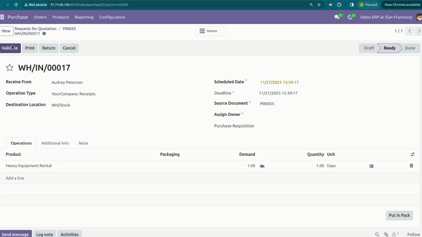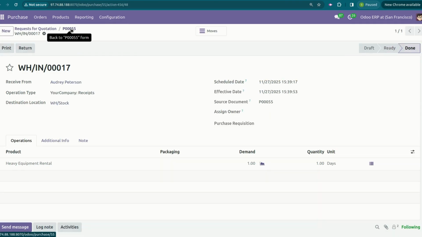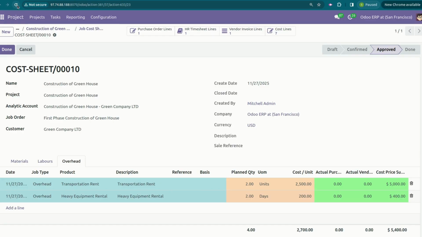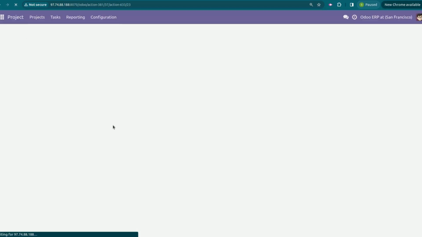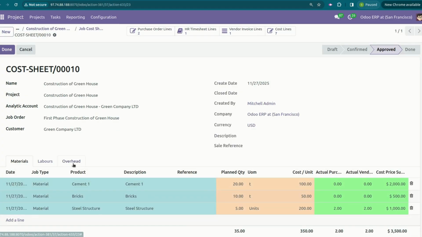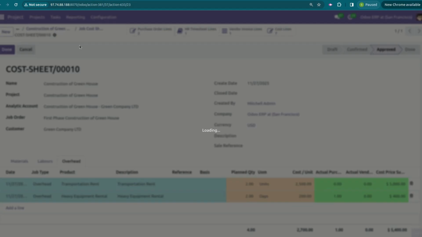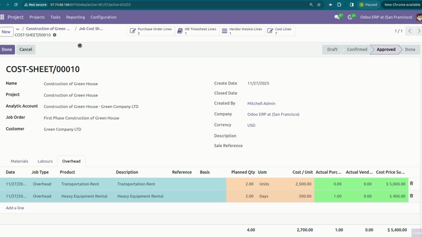If it is the services, even though you don't have to, it will be reflected on the job cost sheet. Let's go here and then refresh. It will be reflected on my job cost sheet because I didn't book the vendor bill yet, so it will be visible as a purchases. Now when we print this job cost sheet, here we have already print option available. It will give me all the details of the costings. How it will work, let's see.